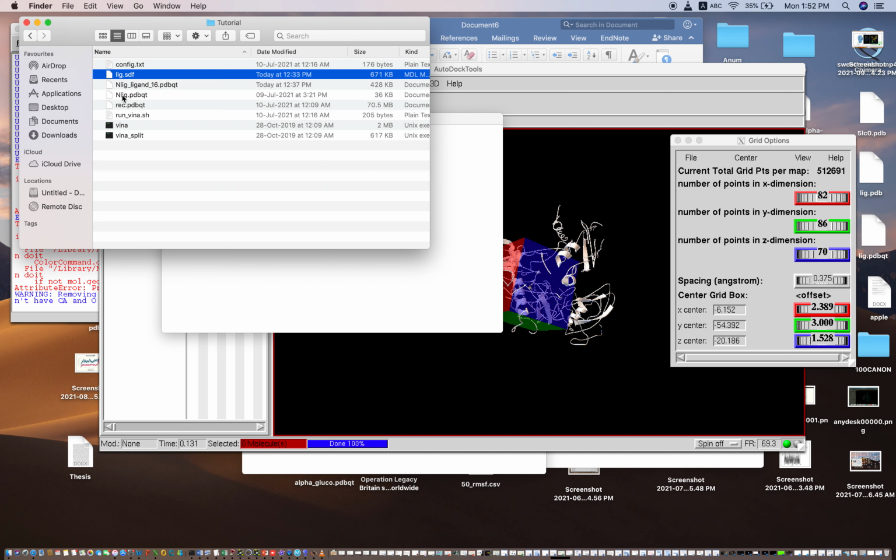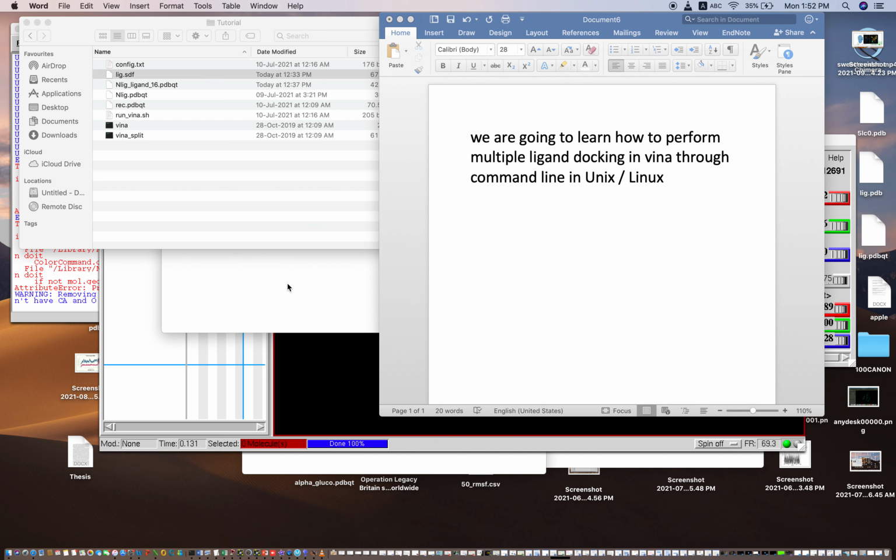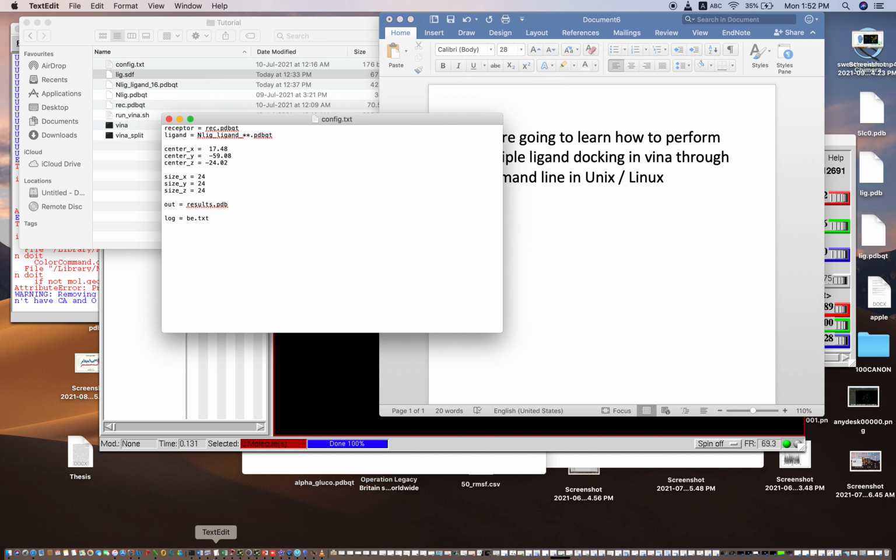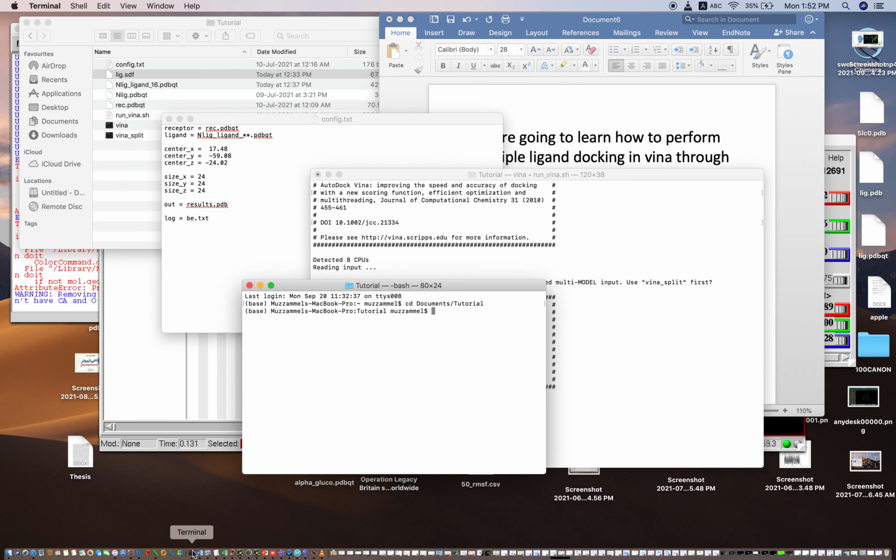So how will I convert this compressed library into PDBQT? For this I recommend using the terminal and OpenBabel. Go to the terminal and type obabel.